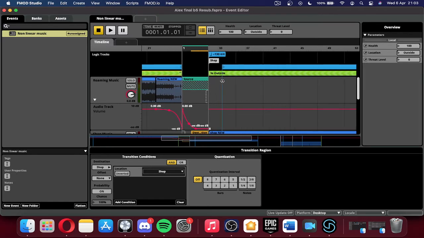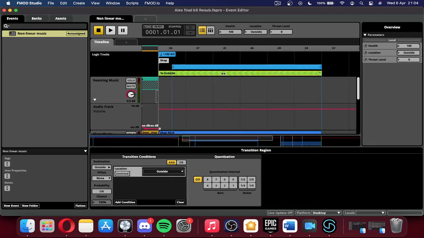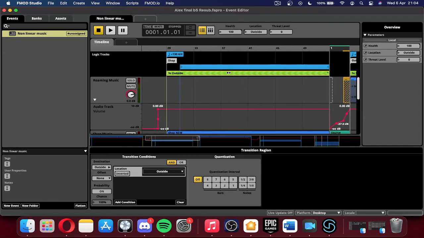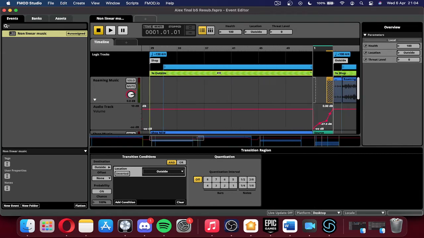There's not much interest in transition with the music, but when you leave and enter a different region, or something happens that activates the music, there's simply just a little fade out and then a fade in, and that's all I wanted. I wanted to keep it quite simple. So if we go on to this, that's our little transition from shop to outside, so I've labelled it there,